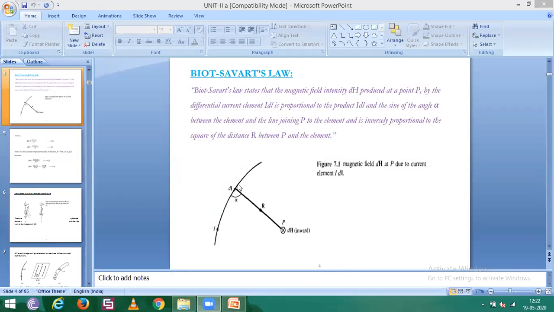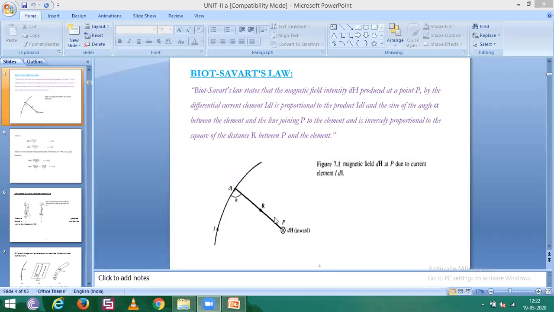That is, if you join this current element with the point P, the line and the element make an angle alpha. So the magnetic field intensity is proportional to the product of IDL and the sine of the angle between the current element and